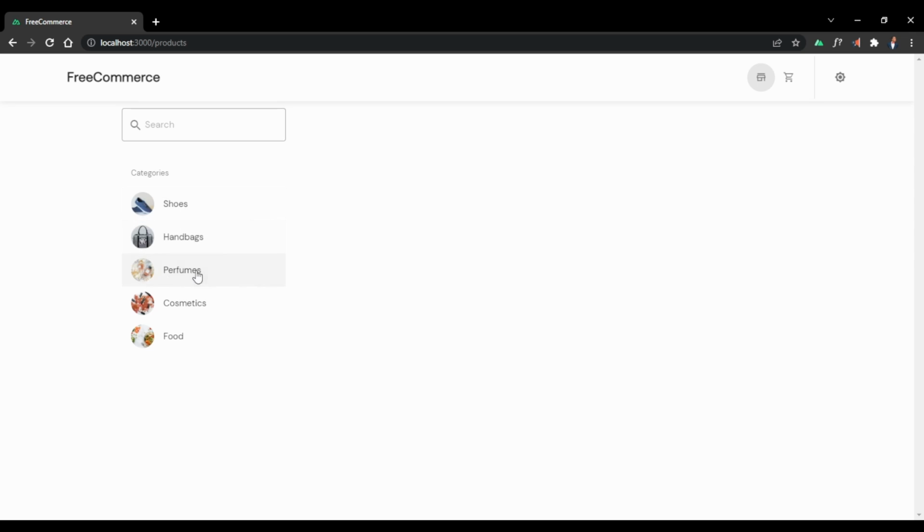And there they are, our categories with images. So you can search for a product, and in a real world application, you'll be able to click on these things and it would filter the products that are in the different categories. Alright, so back to VS Code,